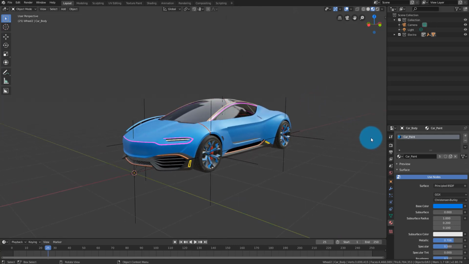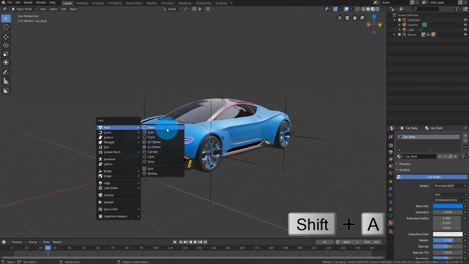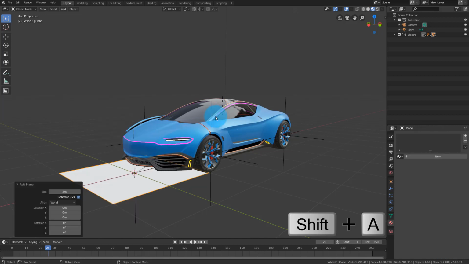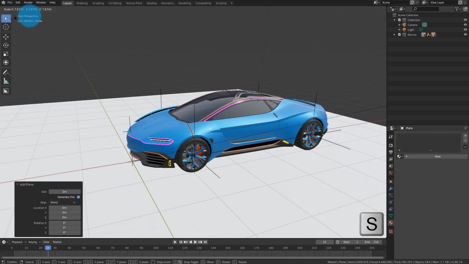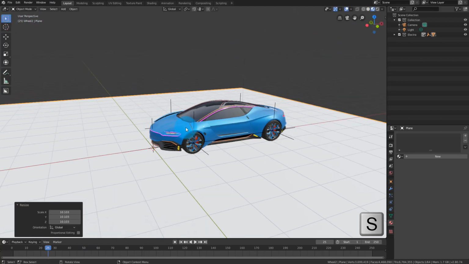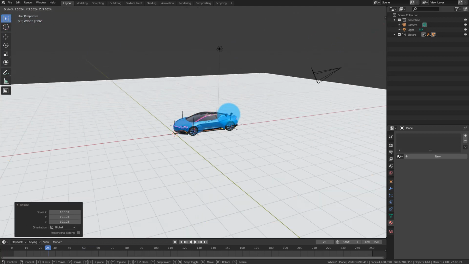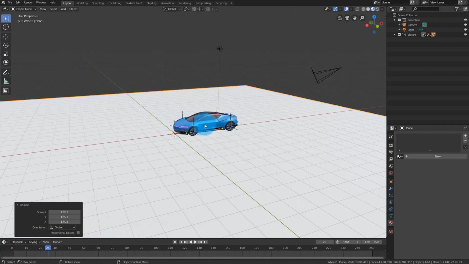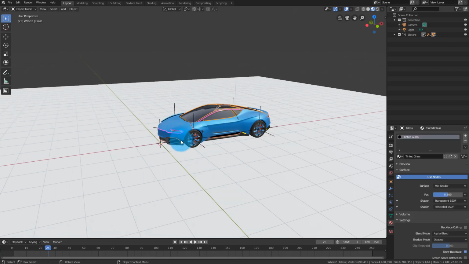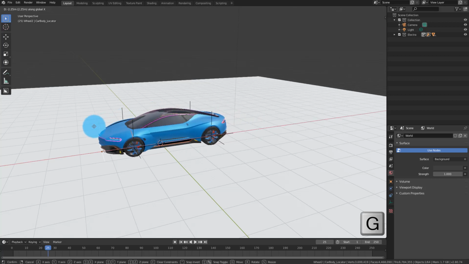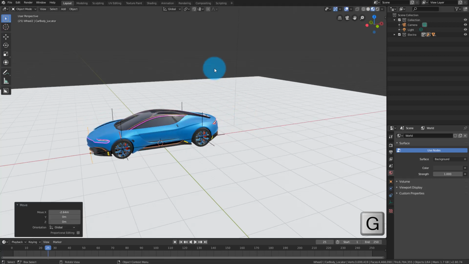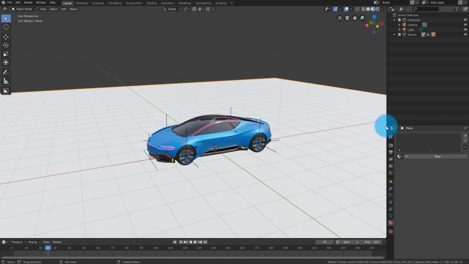So let's go Shift A and mesh plane, and then that will give us a little plane on the floor. And then we're gonna press S to scale it. And later we're gonna refine the scaling of this, once we get the texture to whatever looks better with the texture on. But for right now, we'll just have something to look at. So let's just scale it this much, and then also I'm gonna move my car a little more